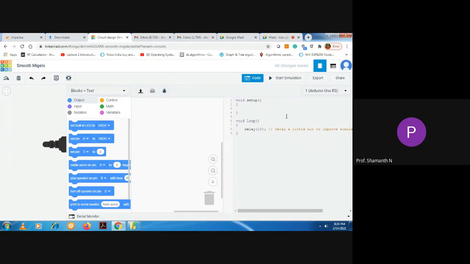If you see here at the leftmost window, this is the coding window. There will be two functions: a void setup function and a void loop function. The void setup function helps us to define which pin is an output pin and which pin has been initiated as an input pin.